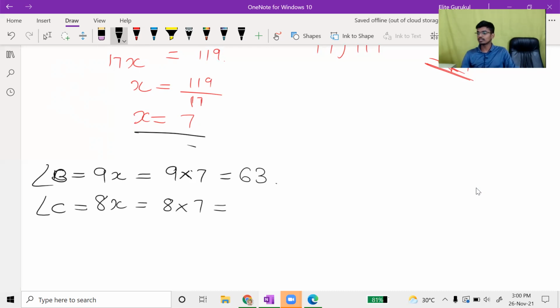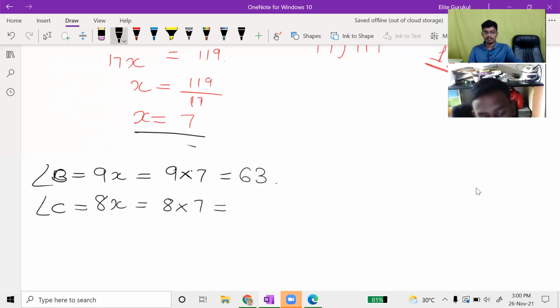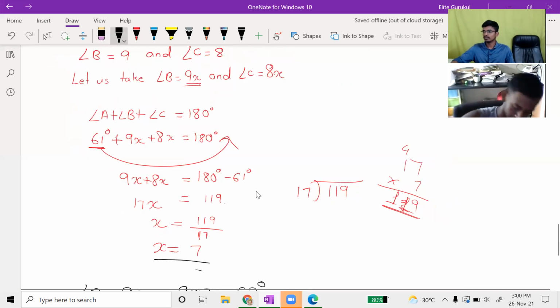Hey, come on, man. You don't know the table of 8? Yes, sir, I know. Then say it. 8 fives are 40. 8 sixes are 48. 8 sevens are 56. Don't be confused, okay? Now copy it down. Come on, fast.